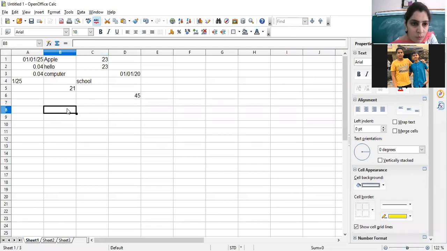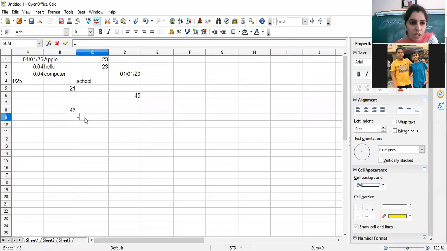So let's make one formula also: equal to C1 plus C2. Enter, it will give the value 46 as the output because C1 is carrying 23 and C2 is also having 23. So 23 plus 23 is equivalent to 46.